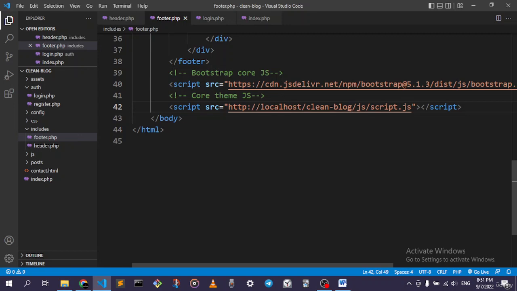All right, so basically we're telling the script tag that the source of the file is right over here in the localhost, in the cleanblog folder, and the JS folder, and go to the script.js. Was it script, or is it actually scripts? All right, so if we save, and if we go to the CSS,